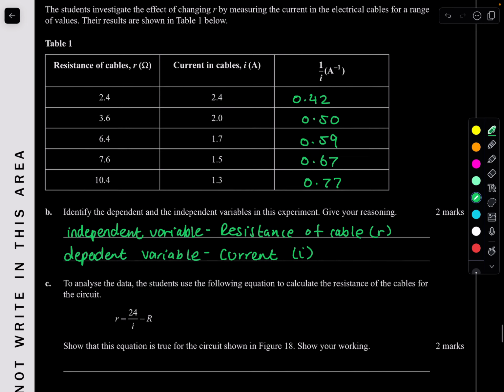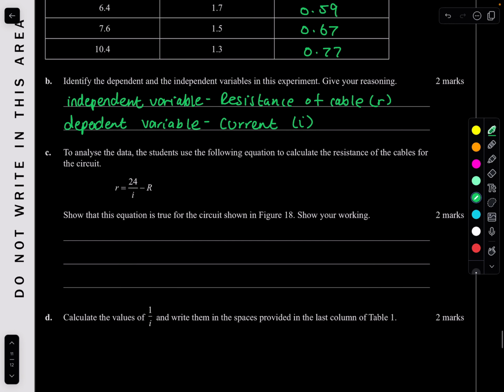Okay. Done. So, to analyze the data, the students use the following equation to calculate the resistance of the cable for the circuit. That's the formula. They calculate that. Show that the equation is true for the circuit shown in figure 18. Show it working out. So,